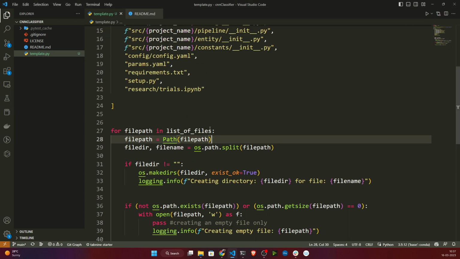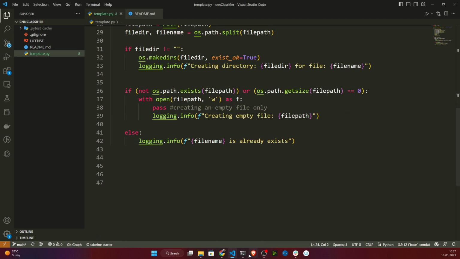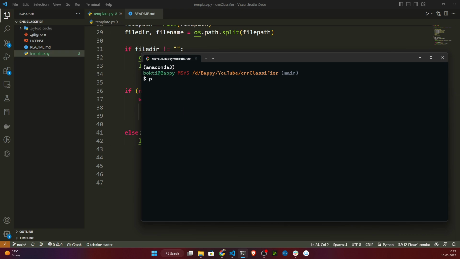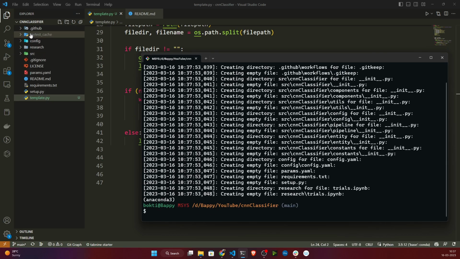But before that, also save this file. Just press Ctrl S from your keyboard, it will save everything. Now I'll open my terminal and let's write python template.py. Now if I execute this, on the left hand side you will see it will create all of my project